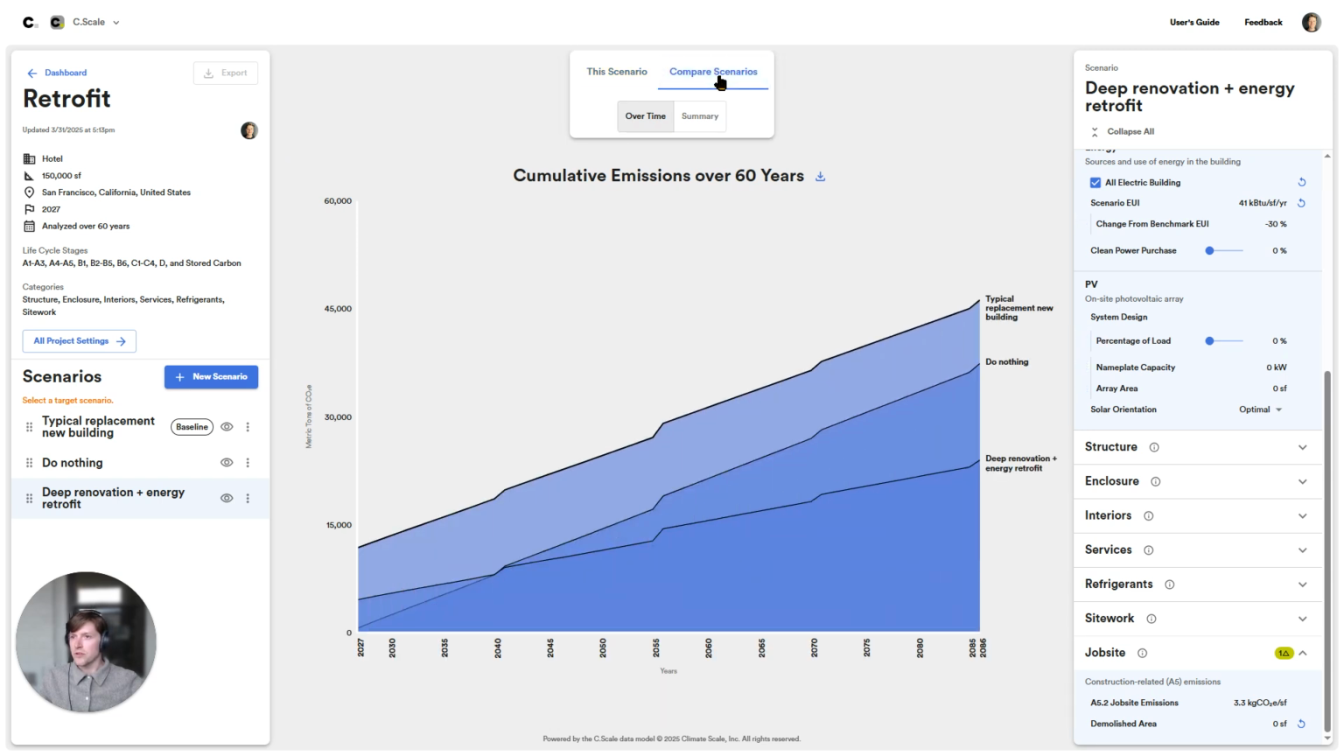If we come to this view and we start to compare the scenarios, we see something pretty interesting. We see that do nothing, while it started out with the least emissions in year 1, ended up being our second worst performing scenario. The typical replacement building involved a lot of embodied carbon in year 1. It jumped up and it ended in the highest emission scenario. And actually the deep energy retrofit scenario, which involved some embodied carbon but a lower slope for operational emissions, ends up being our best